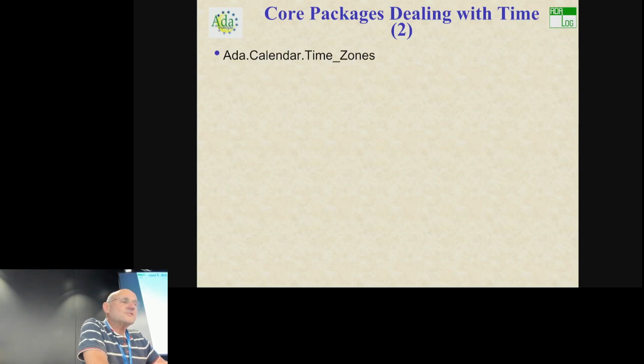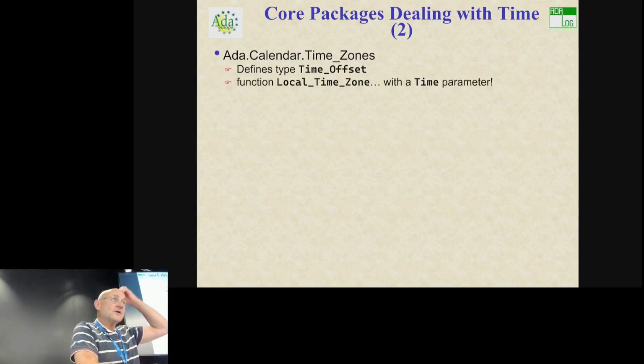So, starting with Ada 95 or 2005, I don't remember exactly when those packages were added, it was necessary to make better packages dealing with time. Time zones define the type called Time_Offset. And actually, you don't have the names of time zones. You play with time zones as a number of minutes. Okay, so you define the number of minutes